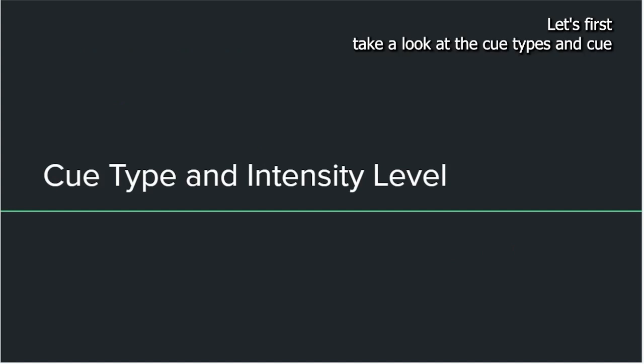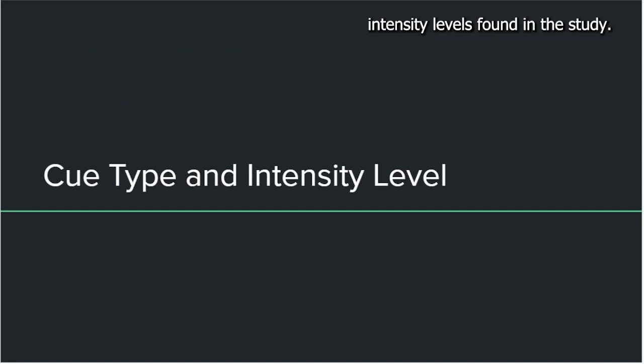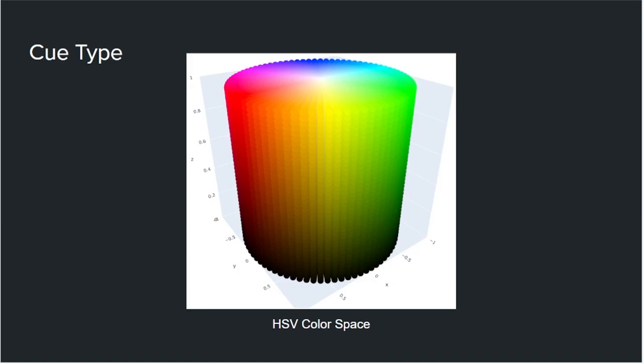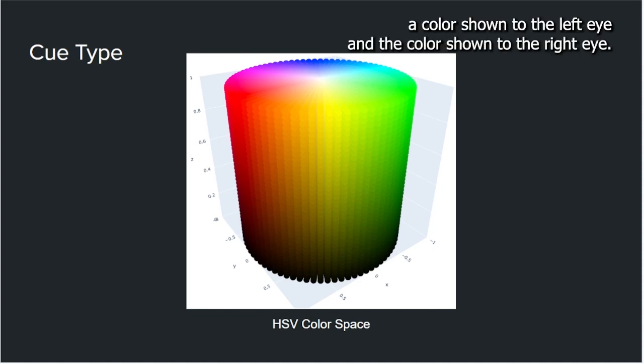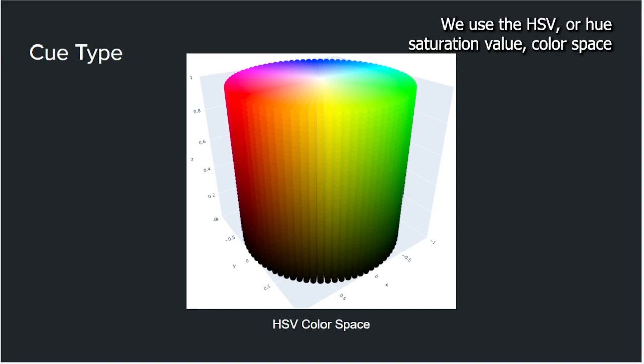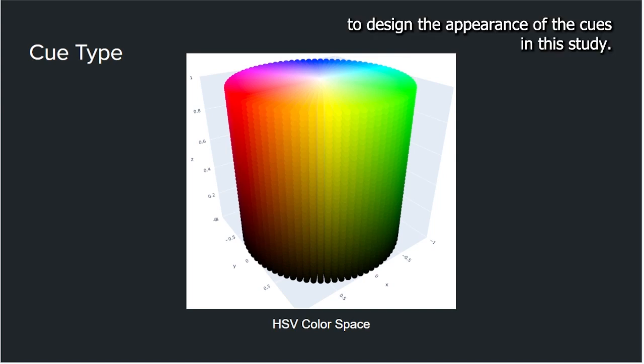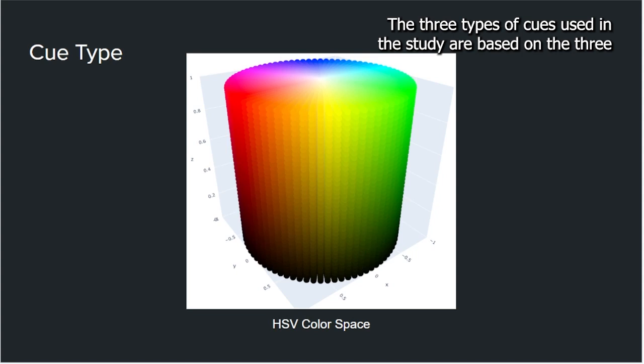Let's first take a look at the cue types and cue intensity levels found in the study. A color can be thought of as a 3D point in space, and each of the attention cues tested in the study consists of two colors, a color shown to the left eye and a color shown to the right eye. We used the HSV, or hue saturation value, color space to design the appearance of the cues in this study. The three types of cues used in the study are based on the three dimensions of this color space: